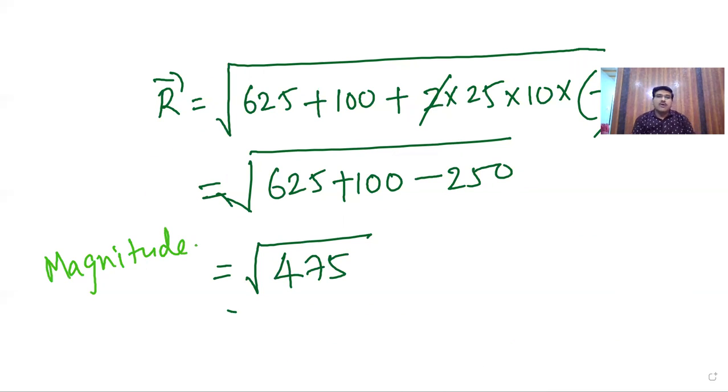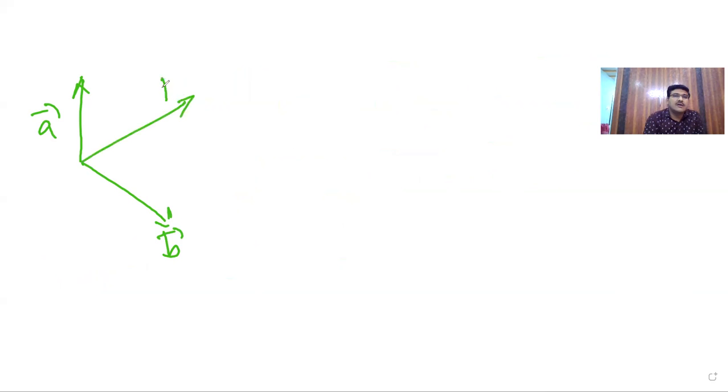Here, R bar is a vector, magnitude of R bar, vector. So whenever we deal with vectors, we need the direction also. So if this is the vector A bar, this is the vector B bar, and this is the resultant vector R bar, and the angle between them is theta. If the resultant is making an angle